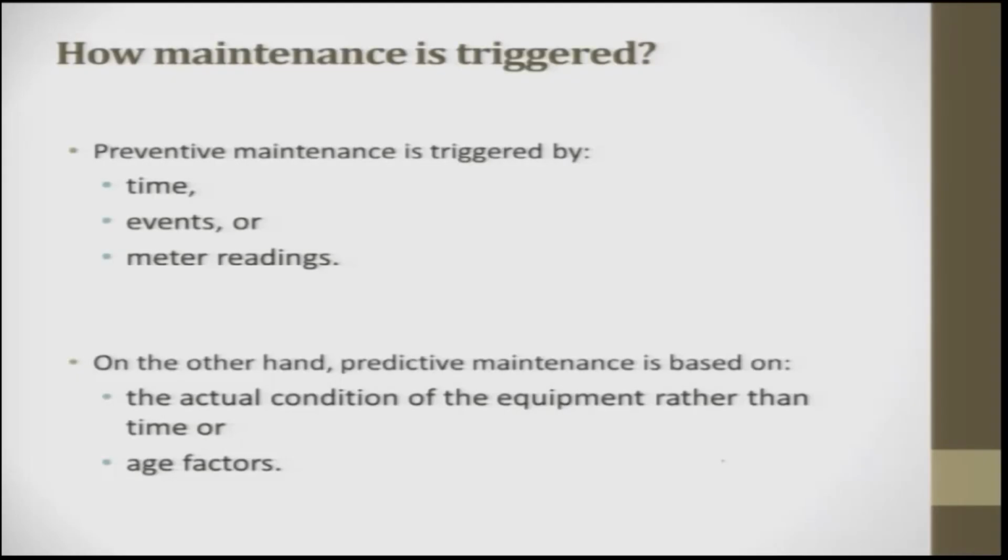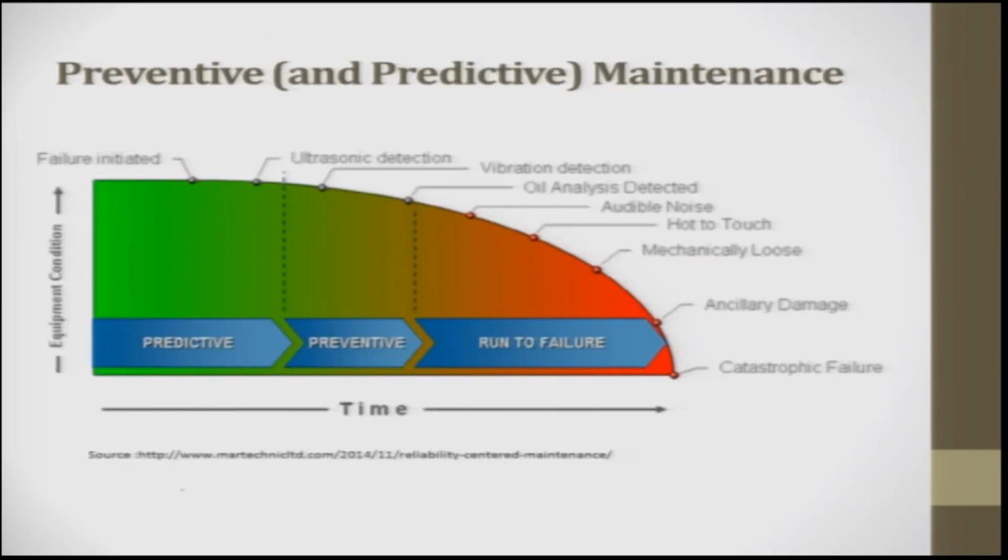So, preventive maintenance is triggered by time, event, or meter reading. On the other hand, predictive maintenance is based on the actual condition of the equipment rather than time and age factor. So, the equipment's condition indicates failure. If you say predictive, preventive, run to failure, this is the time period. So, this is called predictive. In predictive, you have failure indicators,